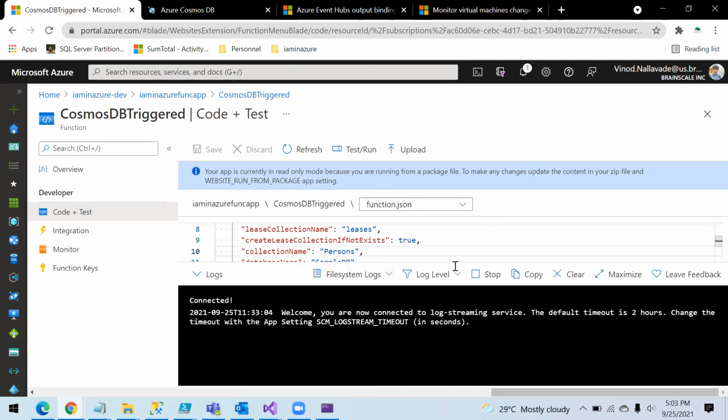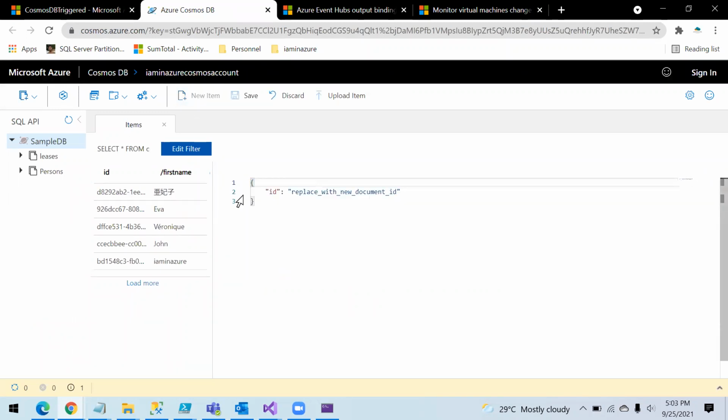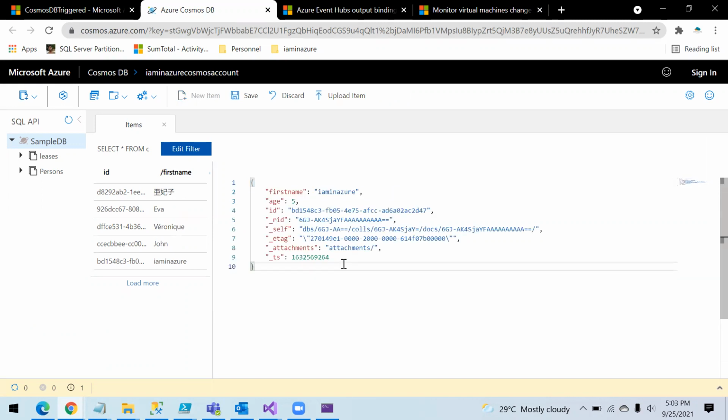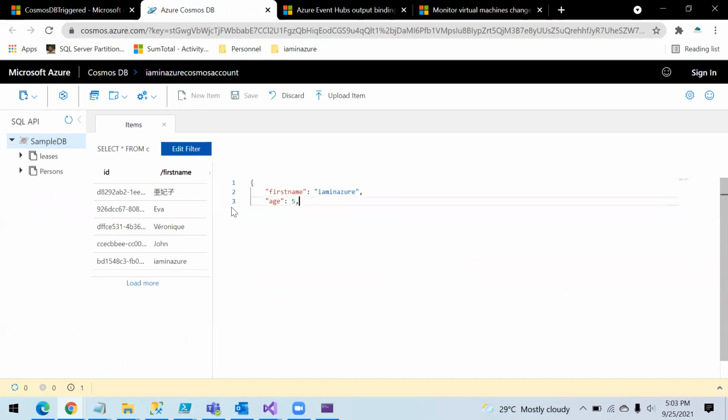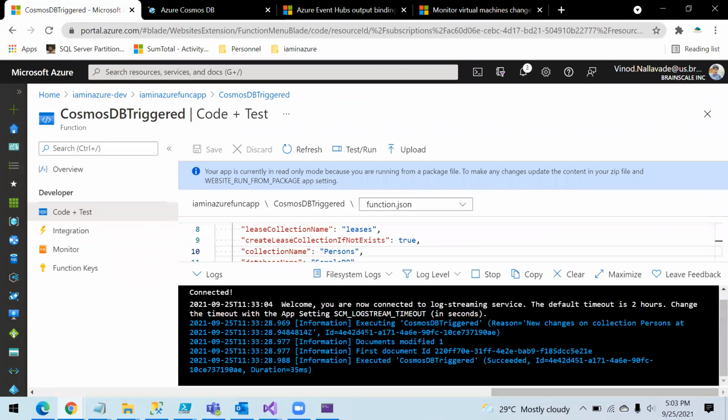So what I'm going to do is insert one more record into this collection and see. This time I'm going to pass my name here and save. Okay, so this record is successfully added. Let's see if it triggered this function or not.